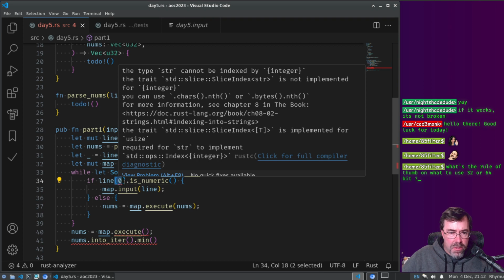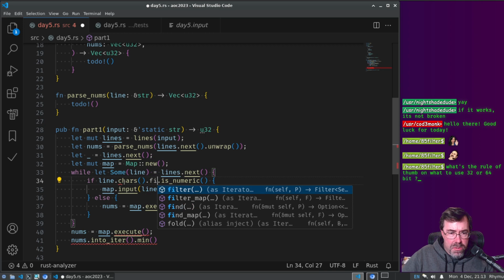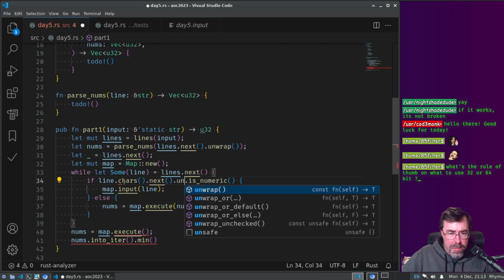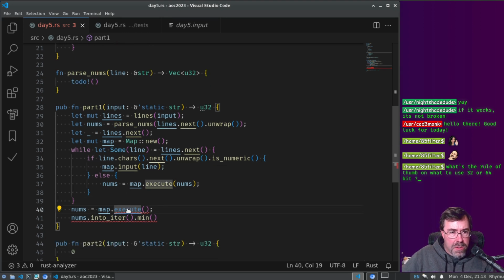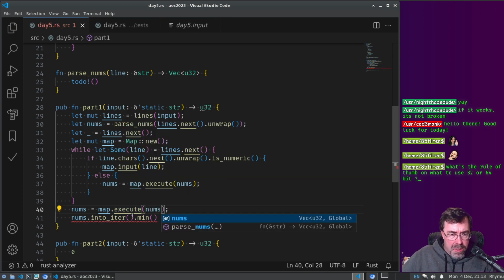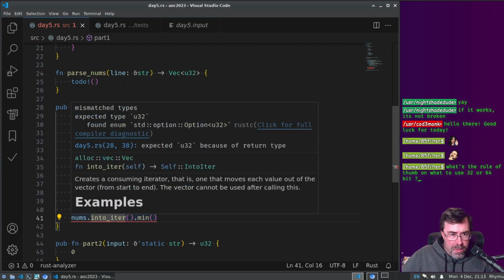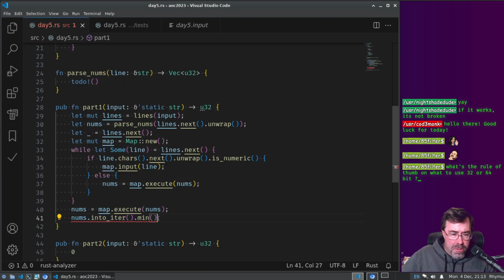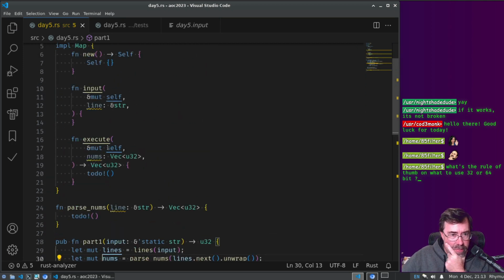What if I just do chars first or next, unwrap. There we go. I did it. Okay. Execute takes the nums. And then why can I not iterate and return the minimum? Found an option. Unwrap. Okay, that's mutable. Cool. All right. So everything's done except for everything that we need to do.